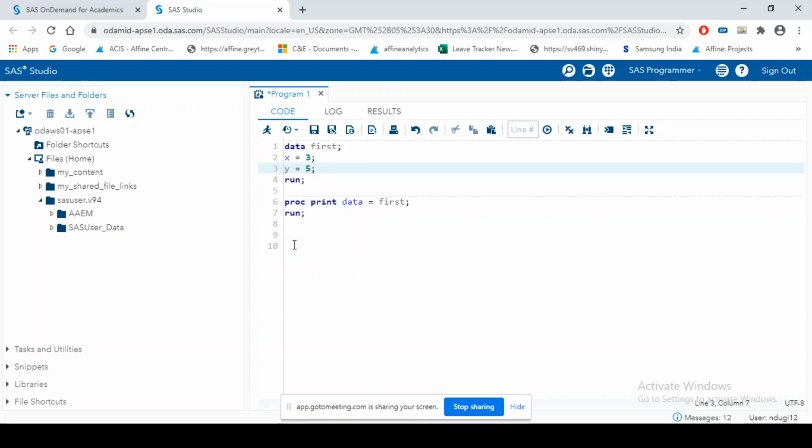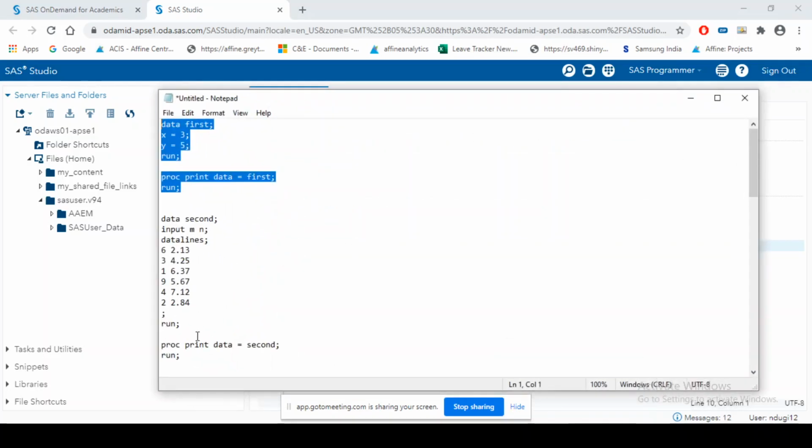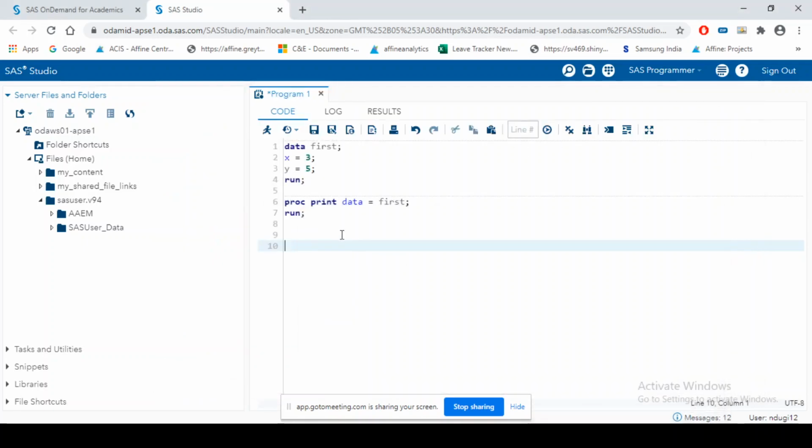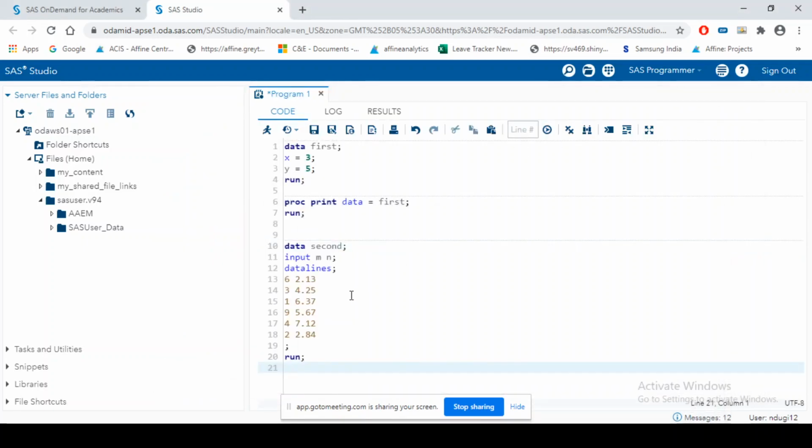The standard structure of writing a SAS program is defining the variables first and then giving the observations to them. Observations are given by datalines or cards. Now if you see my second program, here again I am creating one data set called second, where I have taken two inputs, m and n.